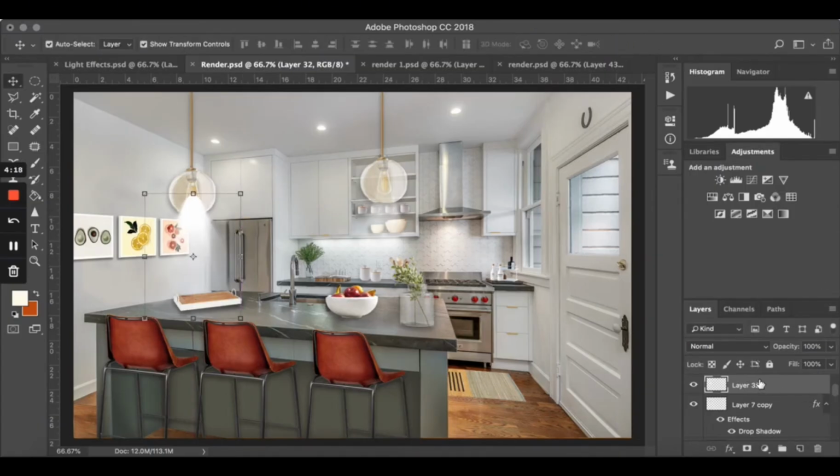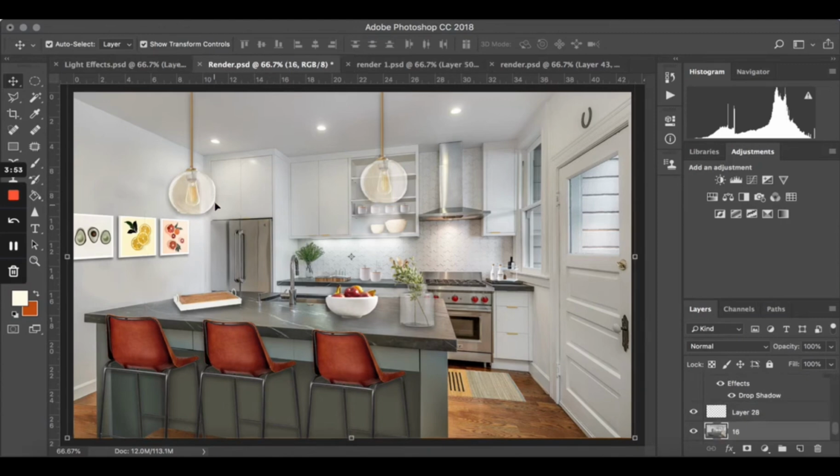And what I always try to do is to change the opacity because it's obviously going to be transparent. So you want to just have enough light to show that there's lighting going on, but not too much so that it looks real. Then I put it behind the lamp. And what I want to do, because this is a glass globe,